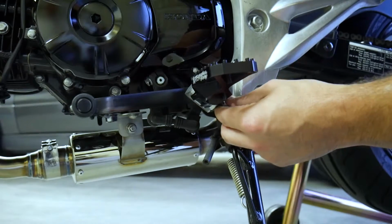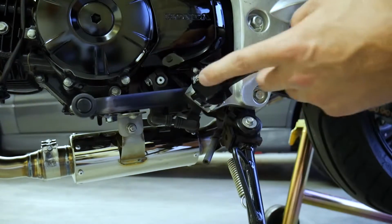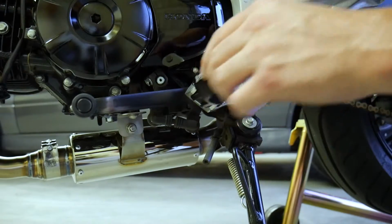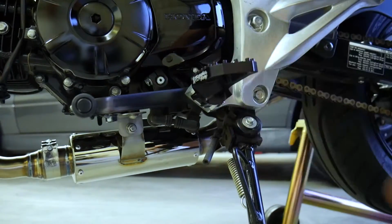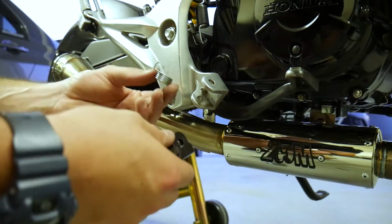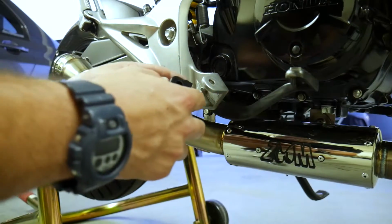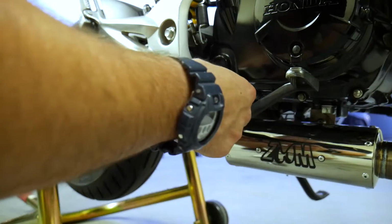All right, and that is that side. So we have a little retaining clip on there, pins in all the way, springs lined up. Nice little spring action, so let's knock out the other side really quick. All right, same thing with the other side. We're going to grab our new peg here, grab the spring, and make sure that little clip is on the top of the spring. Pointy part of the spring is going to go into that little hole on the rear set